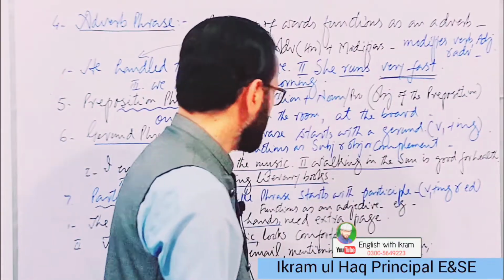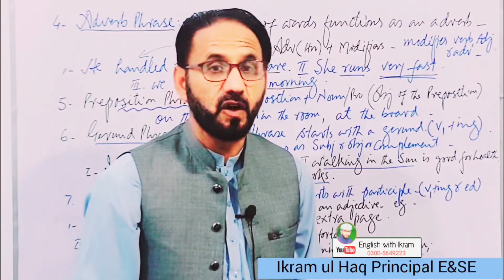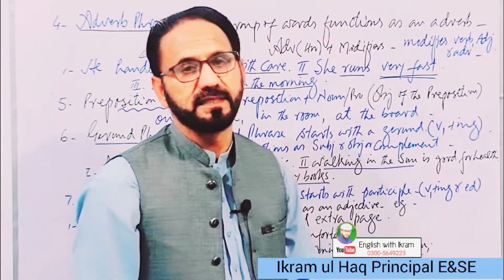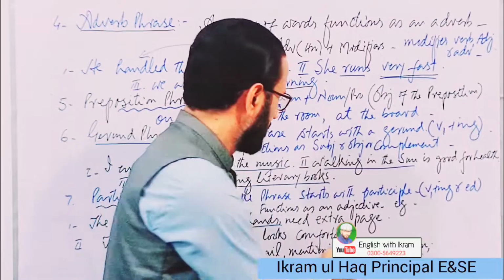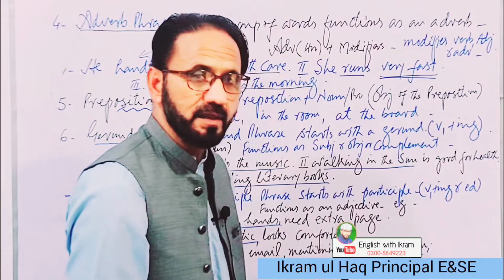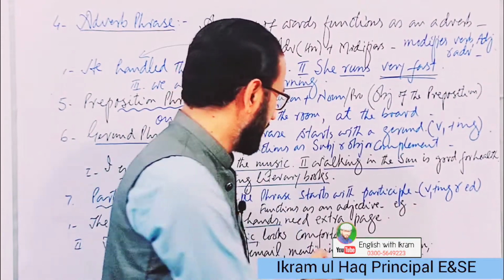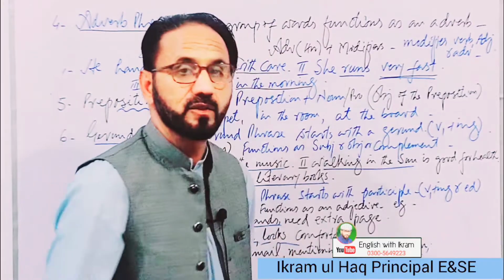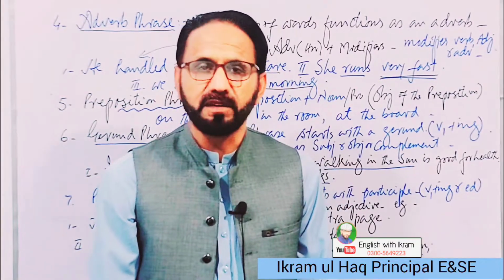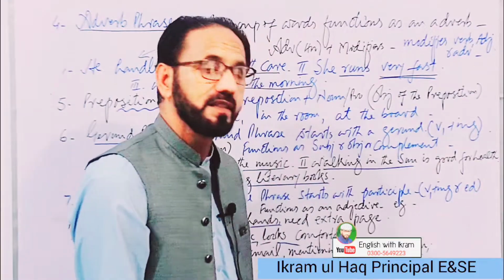Another example: she got an email mentioning about her exam. She got an email. Email is a noun. कौन सी वाली? Mentioning about her exam. A participle phrase, a phrase that has started with a participle, and this group of words is modifying email. कौन सी वाली email? Mentioning about her exam. कोई subject नहीं है, कोई object नहीं है, complement नहीं है. This participle phrase is just modifying, just qualifying a noun, email.